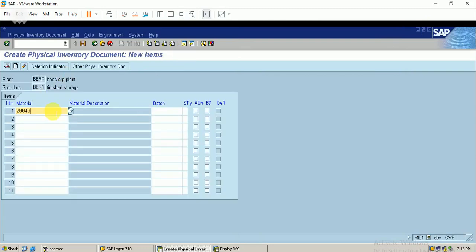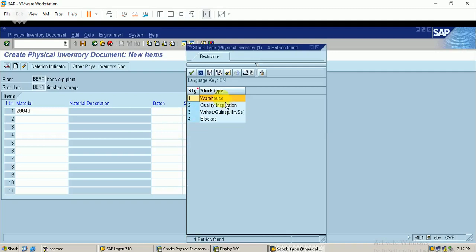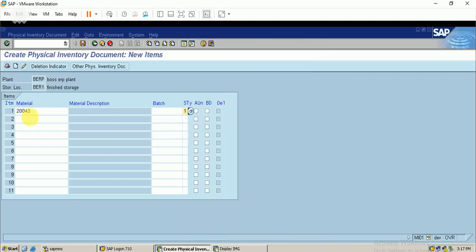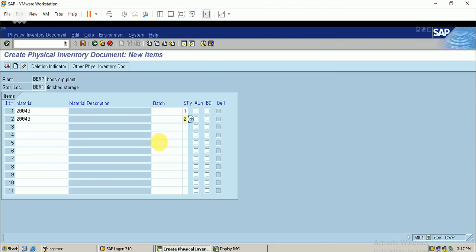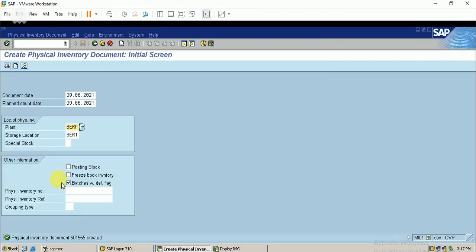Okay, if it is in a batch I can have this also. So this is the unrestricted area stock, and this is for quality inspection stock. So I just create the physical inventory document. You can see the physical inventory document is created, and